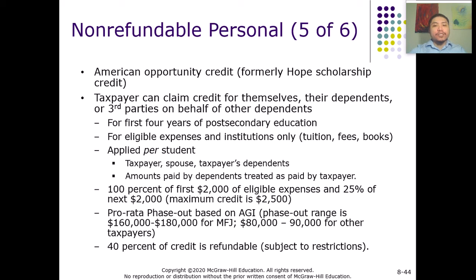And the eligible expenses have to cover the education. It has to cover tuition, it has to cover fees, it has to cover the materials of the education. So if you are paying such expenses for yourself to go to school, or for your dependent to go to school, or for someone else to go to school, you can claim this tax credit program, right? All right. So the way this tax program works is it's going to be